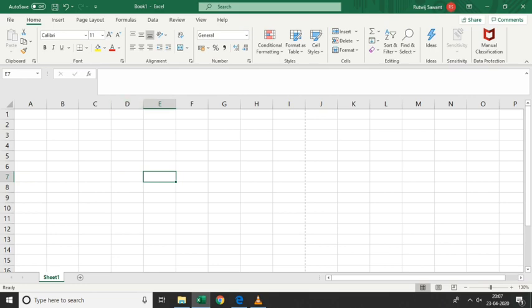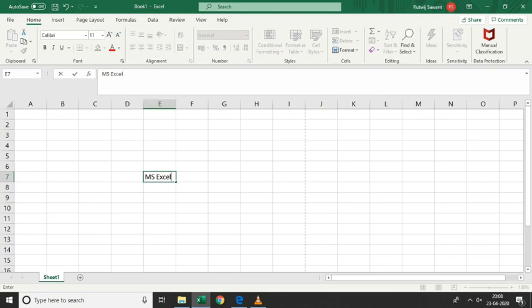Suppose your cell doesn't have any formula, but contains normal text such as alphabets or numbers, any data. Suppose I click within this and type something. As you can see, as I start typing, that text appears within this formula bar.